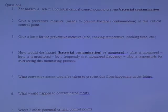I'm also not familiar with the layouts, but if they're doing it in a room that has doors and seals, I would make sure that the seals are correct in the doorways, that they open the doors as little as possible, and that they check the accuracy of the thermometers in the rooms that they're deboning in. Okay. And if they're deboning with knives, what might you want to do with the knives? Sterilize them. Make sure that they're clean, right? By the same token,